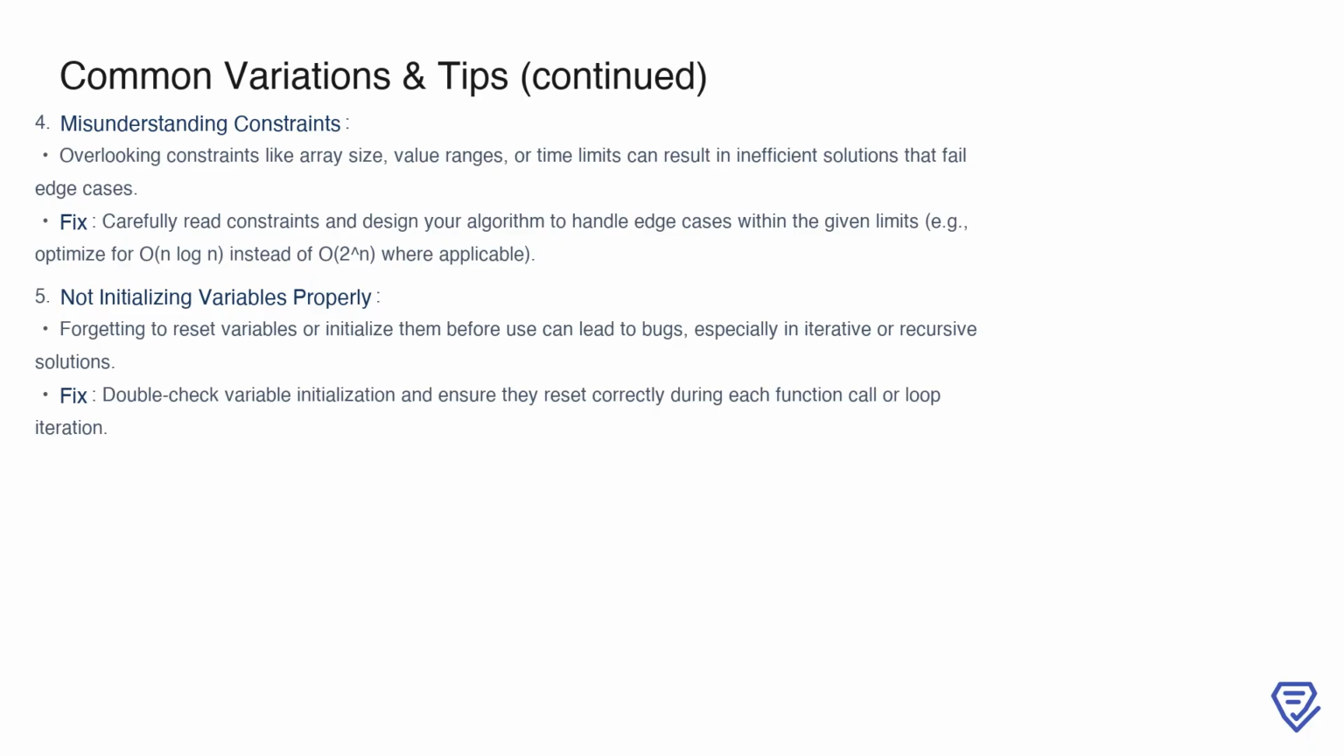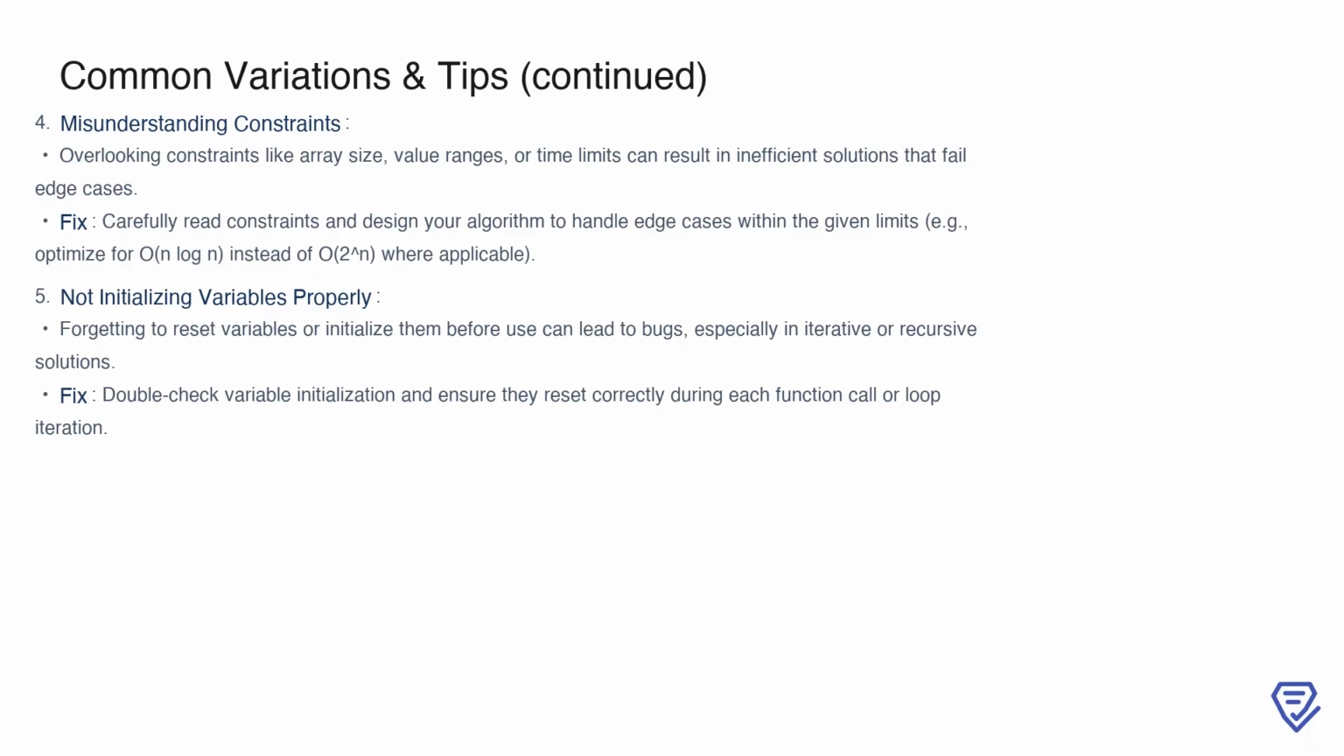Misunderstanding constraints is another area where errors often occur. For example, if you overlook constraints like the array size, value ranges, or time limits, you might design an inefficient solution that fails to handle edge cases. The key here is to carefully read the problem constraints and tailor your algorithm to operate within those limits. For instance, you may need to optimize for O(n log n), instead of an impractical O(2^n),